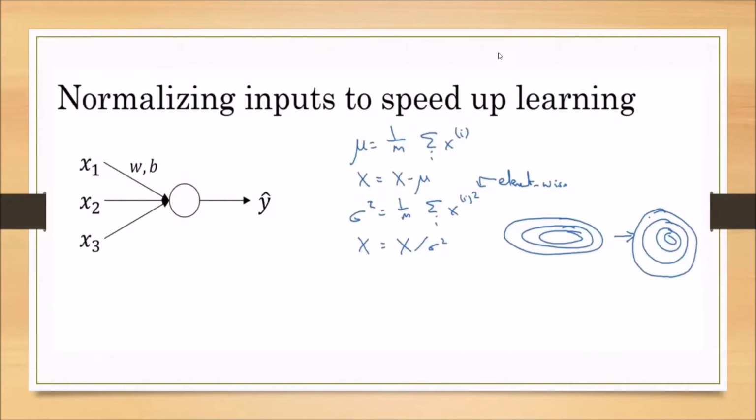Until now, we have seen the normalization for the inputs. When we take the concept of normalization for the inputs, all the input features may be in different ranges: the input feature x1 may be in one range, x2 in another range, and x3 in yet another range. But because of the normalization, these input features with different ranges are normalized to similar kinds of values. So there is no problem in giving these values as input for getting the proper output.